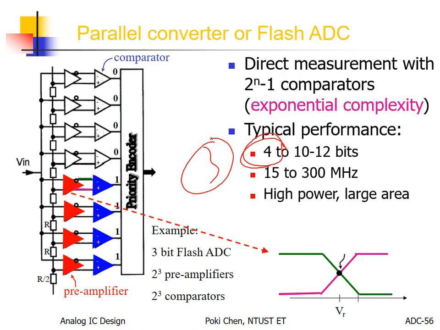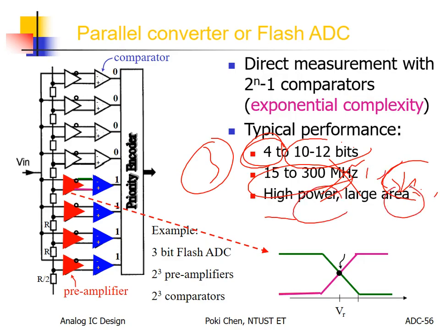And for a little bit lower frequency, maybe hundreds of megahertz operation, possibly 10 to 12 bits. Anyway, for upper frequency, this is the pace right now, gigahertz or tens of gigahertz, according to the process evolution. Anyway, high power, large area, high cost, and also that